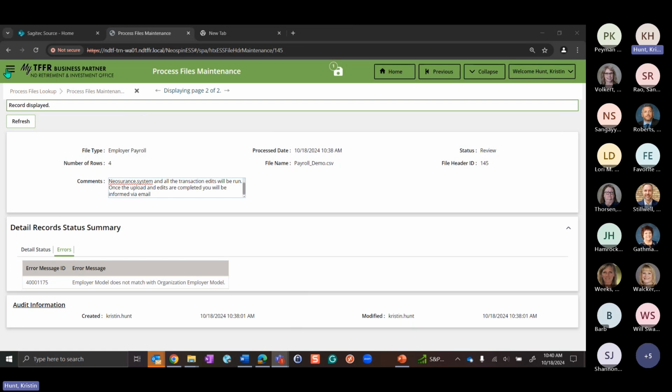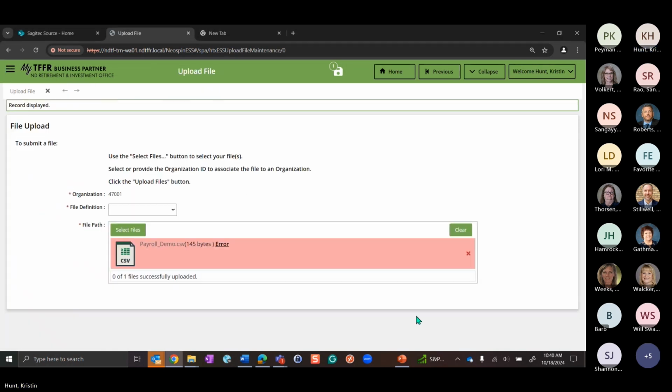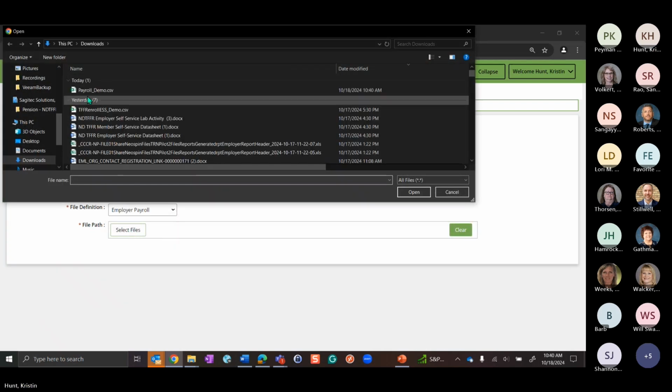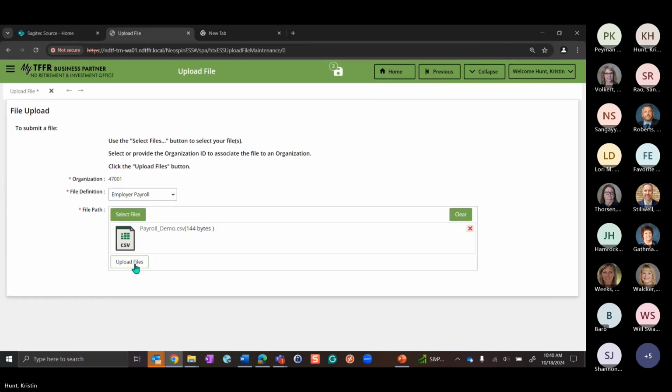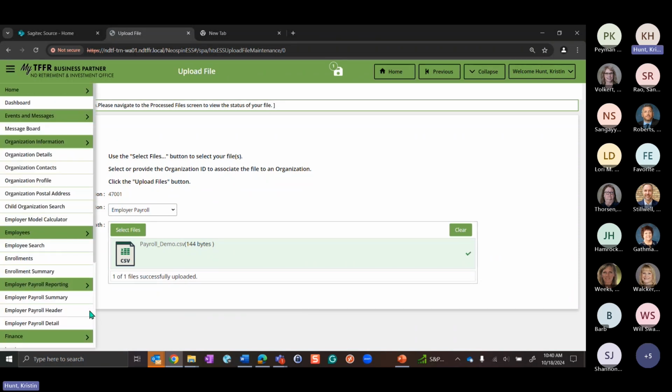So I'll go back to my upload files, clear that one out, select employer payroll again, and so now I've uploaded it and I get that green. So this means the system verified and was like, okay, everything looks good. And now I can see if it's been processed. So I'll go back to that view processed,